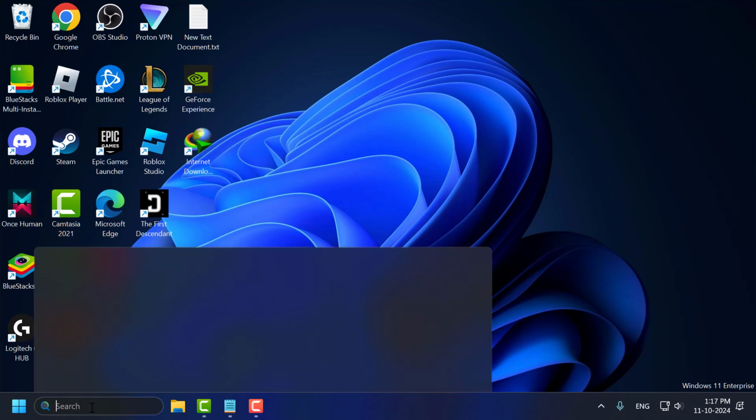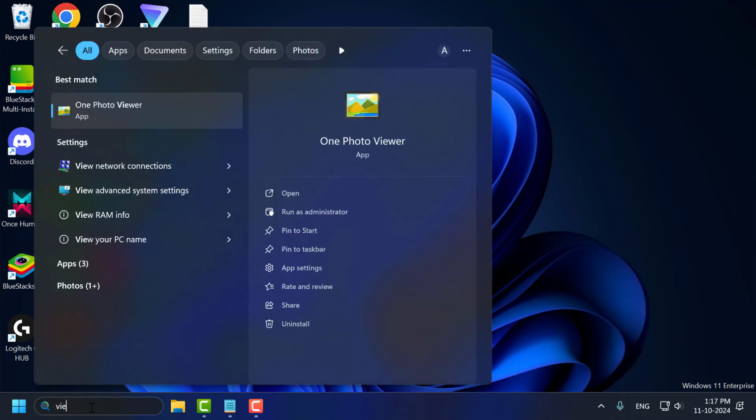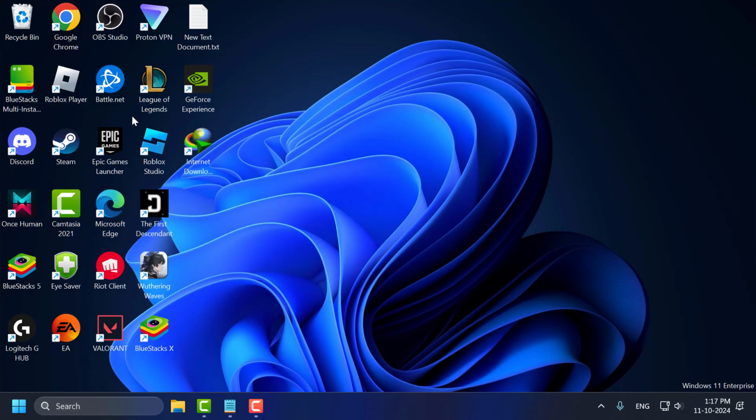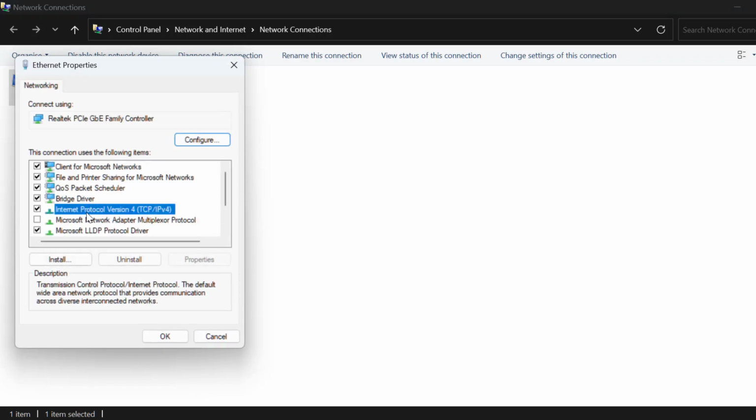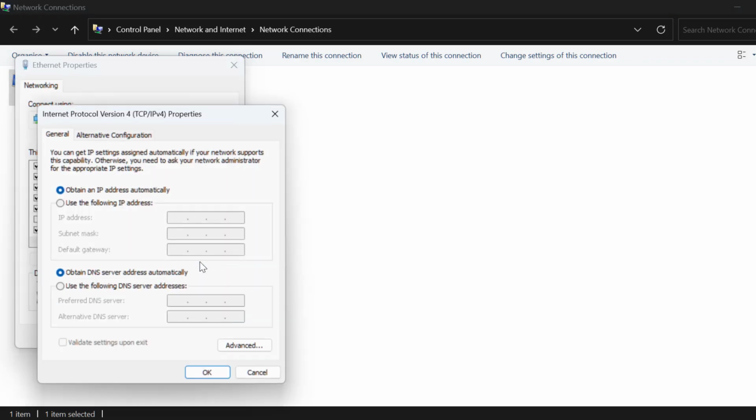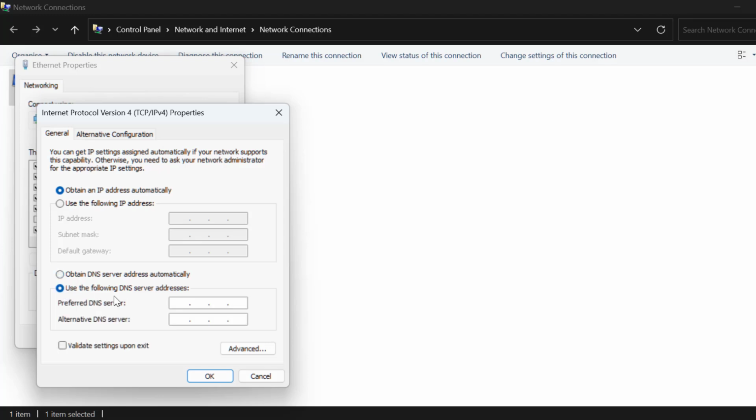Method 2: you just need to go to the search menu and type view network connections. Click on open it. Right click on the internet connection you are using and select properties. Select internet protocol version 4 and select properties. Select use the following DNS server addresses and type here